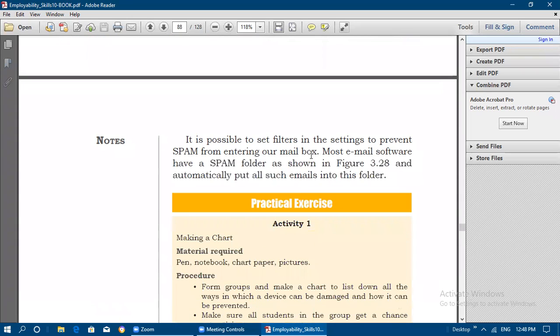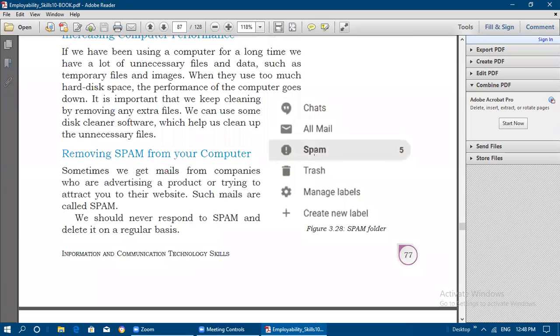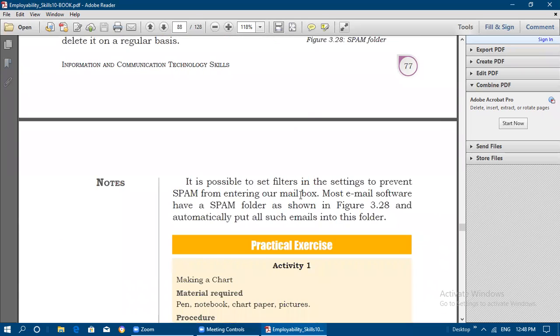It is possible to set filters in the settings to prevent spam from entering our mailbox. So in our settings we can set filters to prevent spam from entering our email box. We can change the settings like that. Most email software has a spam folder like this, at the left side of the email box, and automatically puts such emails into this folder.